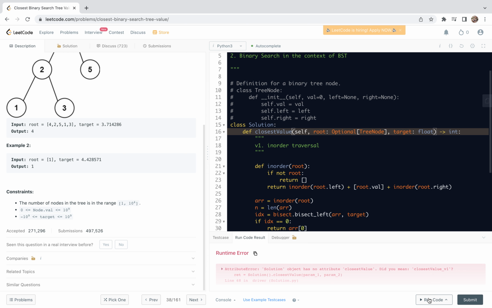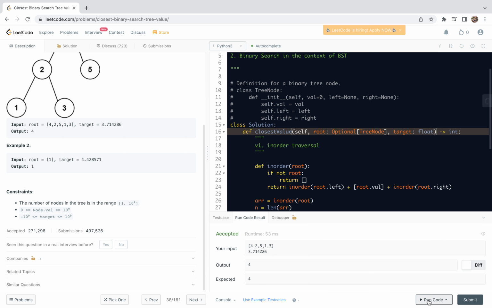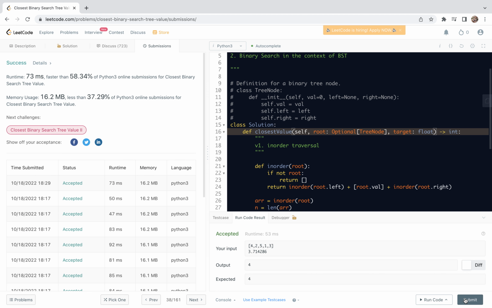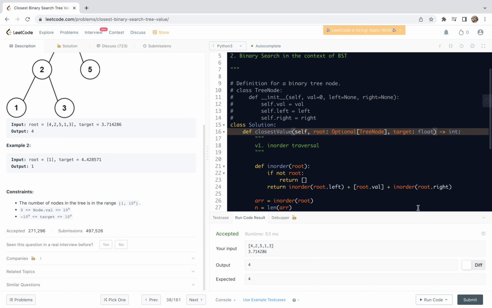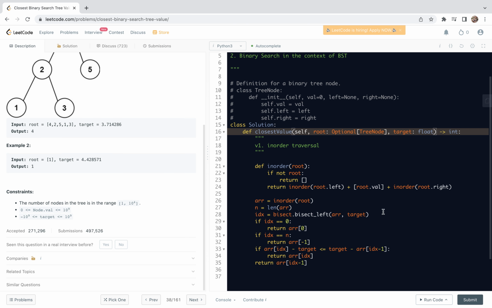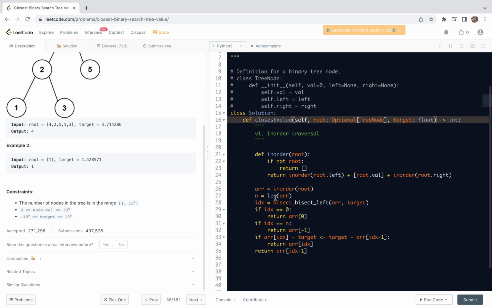Now let's do a check. Solution has no attribute closest value. So here I'm going to change this function name. Now let's do a check. Yeah, it passes the first example. Now let's look at the generic case. Yeah, it passes all the generic cases. This is version 1. So this way, though we used binary search, we actually take